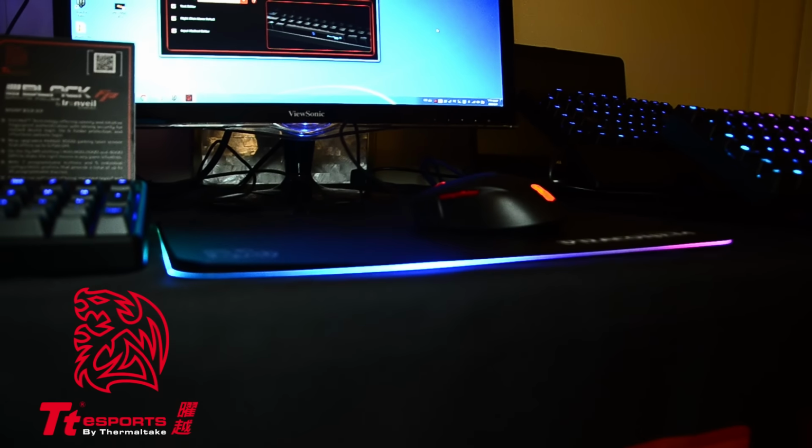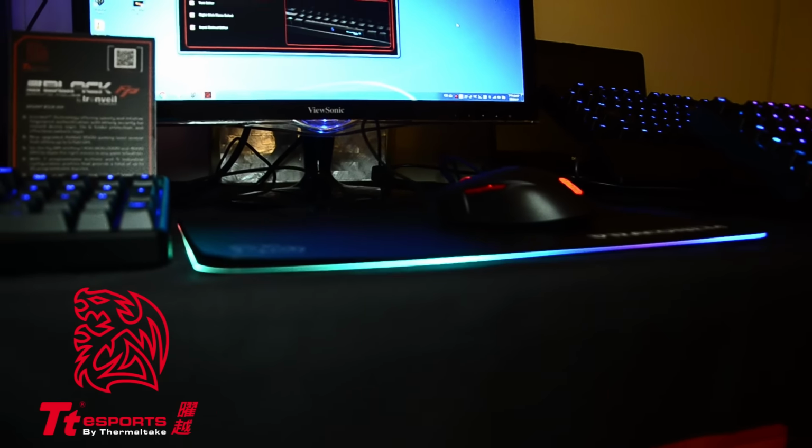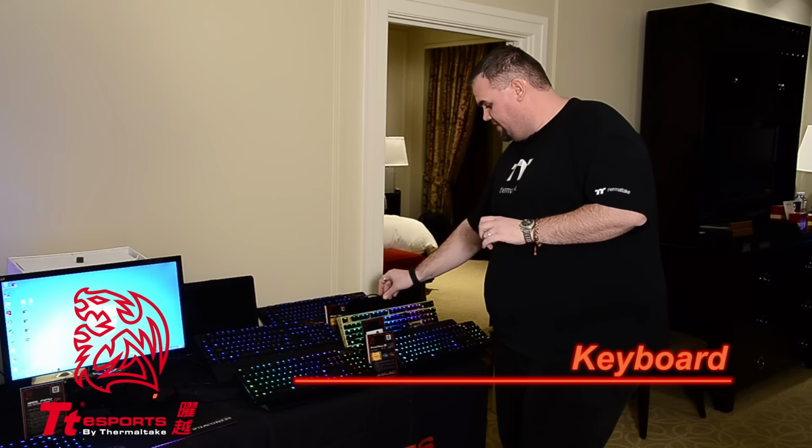Now let's take a look at some pretty cool keyboard mods we actually have here. Now we have 4 total keyboard mods. One of them by Fabio Moma. This is